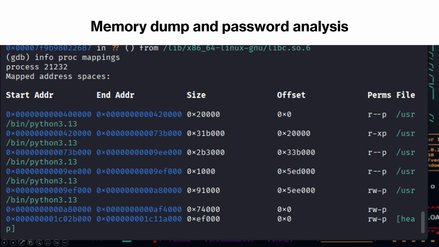Memory dump and password analytics. A memory dump is a copy of the contents of the system's memory and programs in a file, created at a specific time. This process is crucial for debugging errors in programs or investigating security incidents, as it allows you to analyze the state of memory and processes while running, even if the system shuts down, especially if you put a virus in your system, out of different